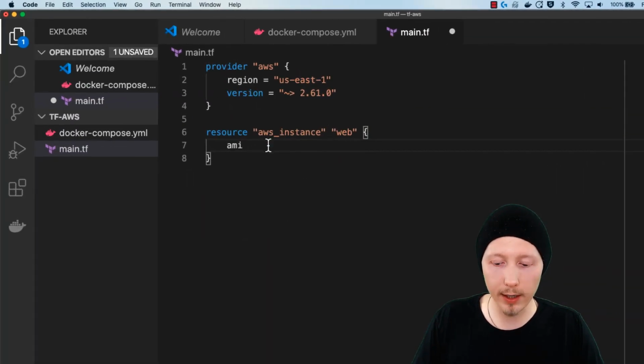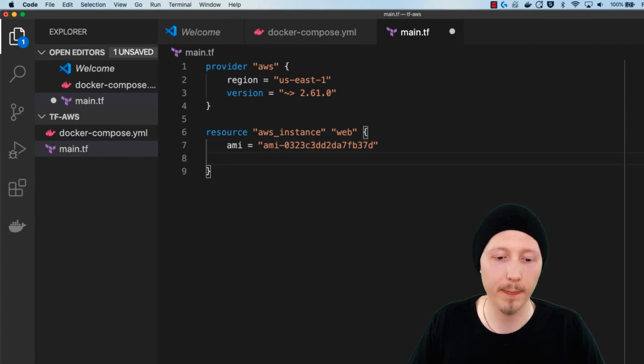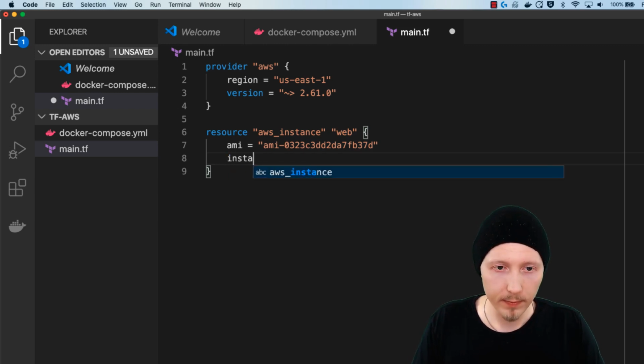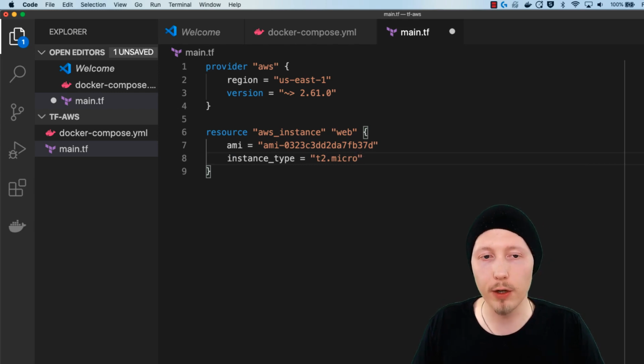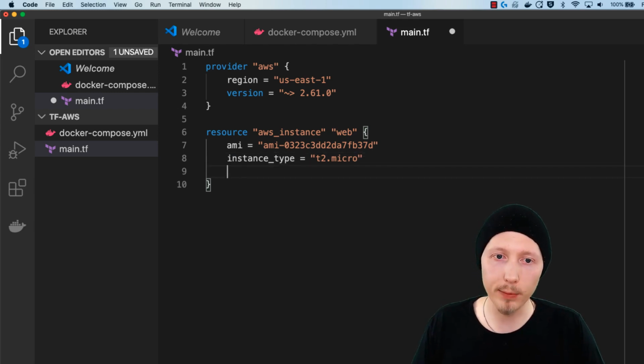Visual Studio Code, and I'm going to type ami equals, and in quotations, the ID of the AMI that we're going to use. Then we can type the instance type. So if you type instance_type equals t2.micro. So if you've used AWS EC2 before, you know that the instances that you create in